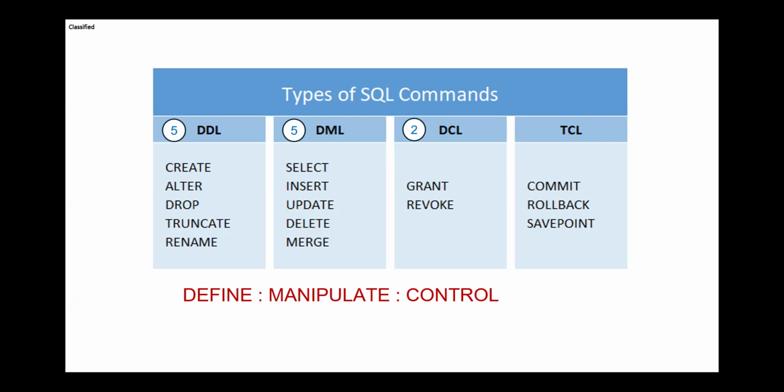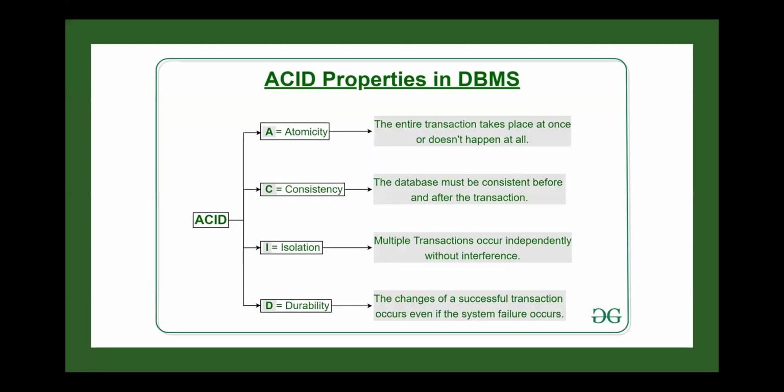See, transaction control is different, and it is mostly used only by the tech team to ensure the commit, rollback, and saving of transactions in the database. Mostly what you find is that analytics and data science people don't need to learn this part. When you're on the topic of transactions, let's talk about ACID properties in database management. Whenever you try to insert data, to create a transaction, there are certain things that should happen.